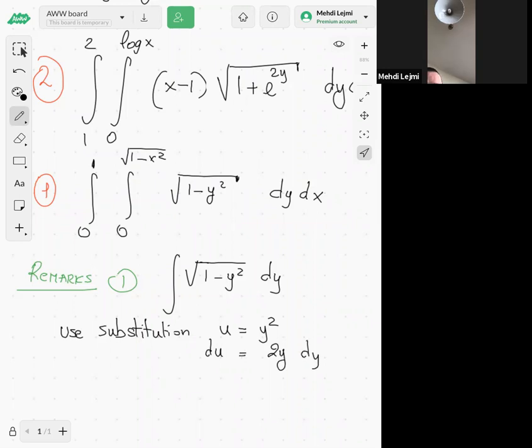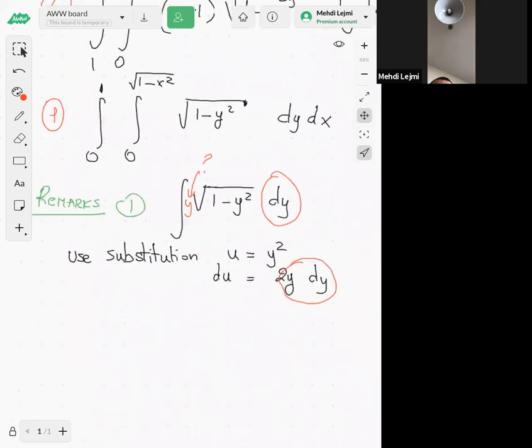But then there's a problem here, because we don't have the y dy. We only have dy, right? There's no y here, right? So we don't have the y in front of the square root, so actually we cannot use the substitution, right? So then there's a problem, and so we have to, as I said, change the order of